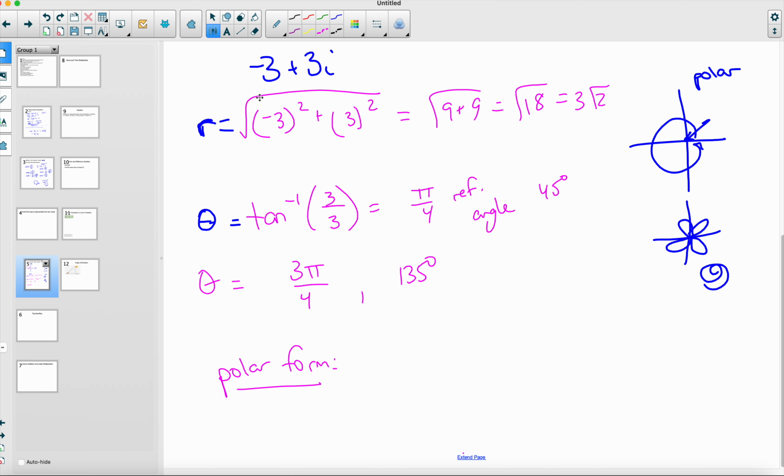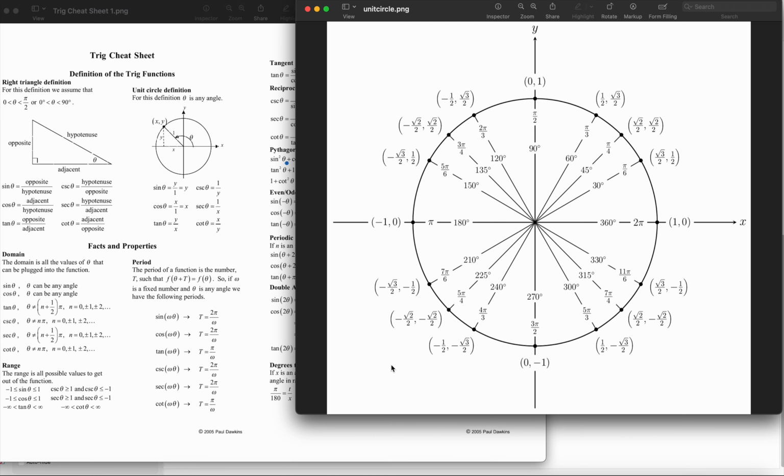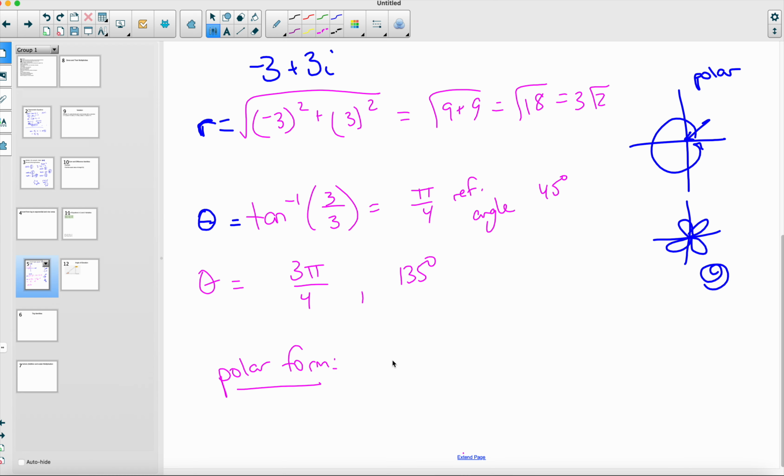So this complex number represented in polar form is, okay, so where's my r? 3 times square root of 2, sine of, I'll put it in radians, pi over 4